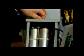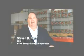Don't be fooled by imposters. The KVAR Energy Controller's patented design is effective and safe. NASA was able to have 4 of their engineers certify an actual 9% energy reduction with the KVAR unit. Since that time and since that patent was developed, we've also